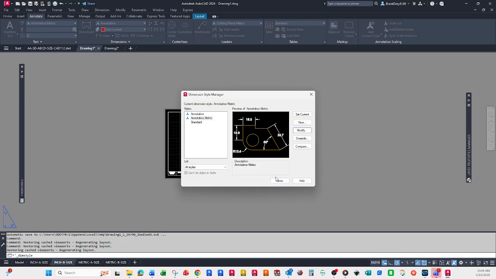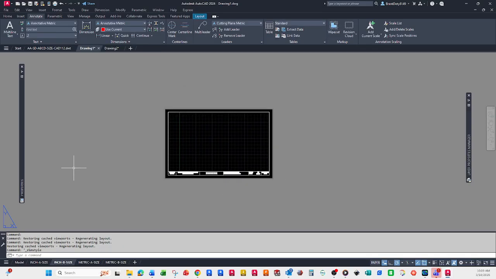Well, my original fix for this was to take this standard one, save it as the metric, it exists already. You have annotative and you have standard. So annotative, since it already exists, anything that you do to it is going to save and be fine. Standard's the same way. So my new method was to have you do this. Well, what I found out is, for those of you who are following my old directions of creating an annotated metric dimension style, what you can do is, with this guy, set current, close it, type in